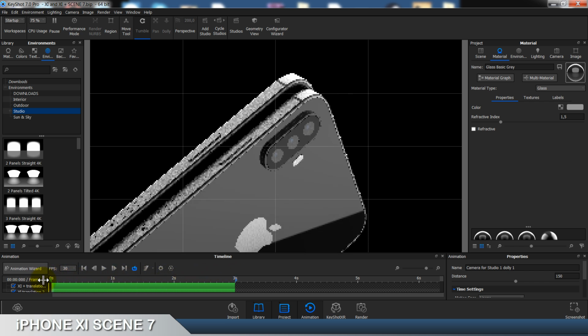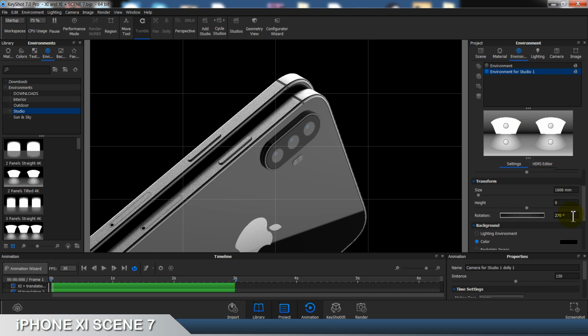Yeah, okay, you can set this material refraction to 125, this glass material refraction to 1.5, this one can be 1.5 as well, environment to 270,